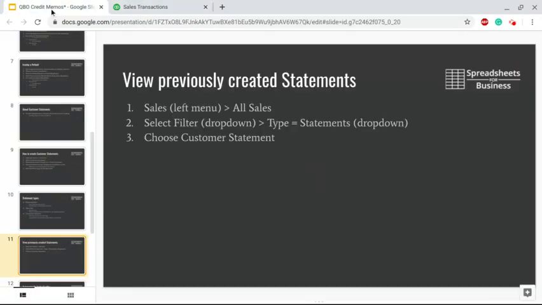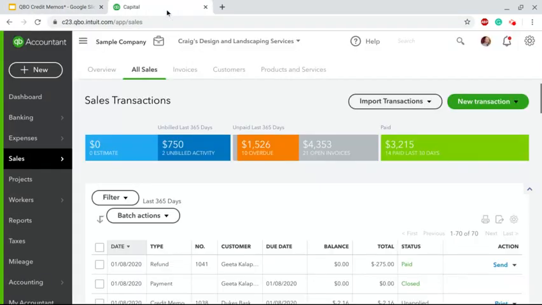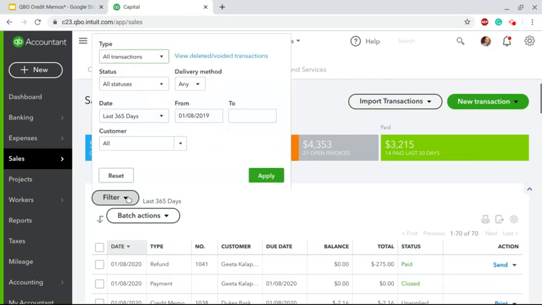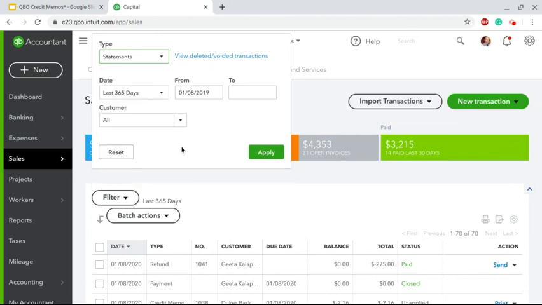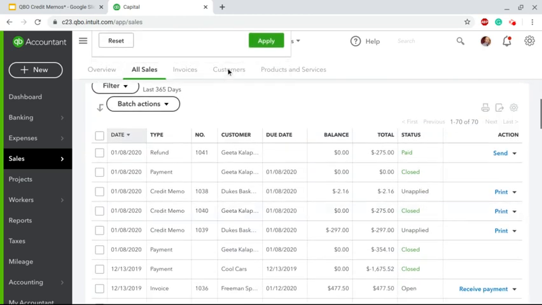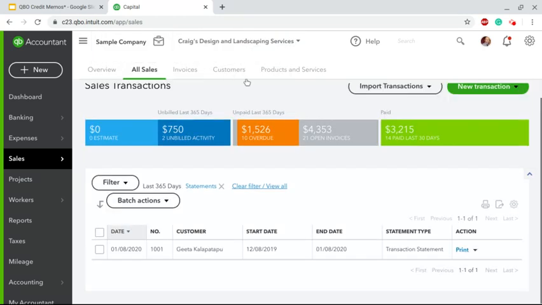From there, we're going to select the filter drop down and type statements. So we want to filter and type. So drop down, statements. Okay, for the last year. Let's apply. That should show Gita's, I think. Yes, there it is. So now we can see it again. If she calls in with a question about her statement,